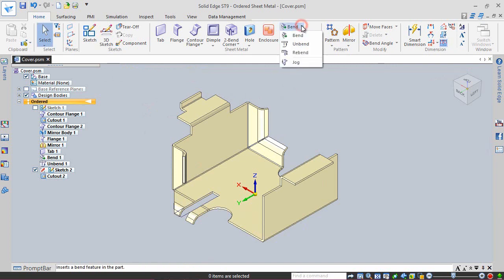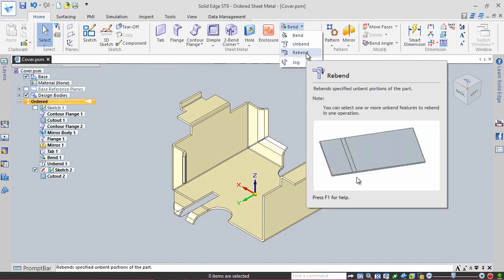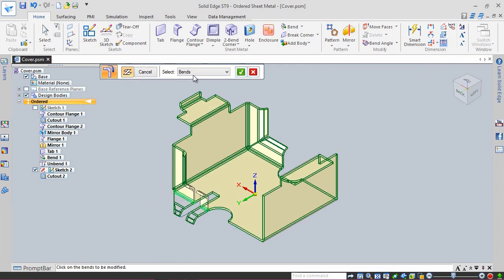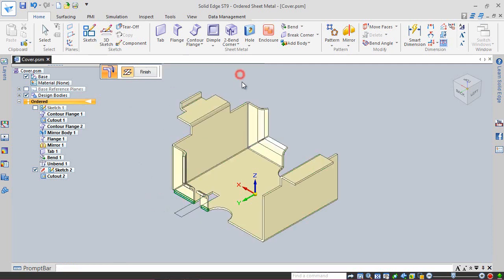Now rebend our unbended portion of the sheet. Activate the rebend tool and select this bend. Next, click the green check mark and execute the command.